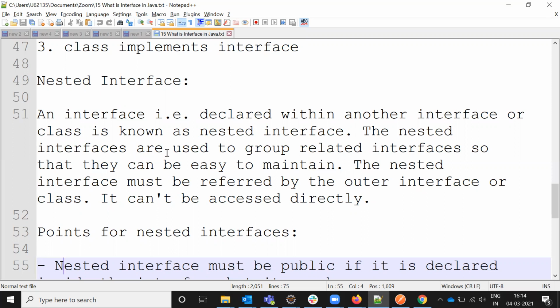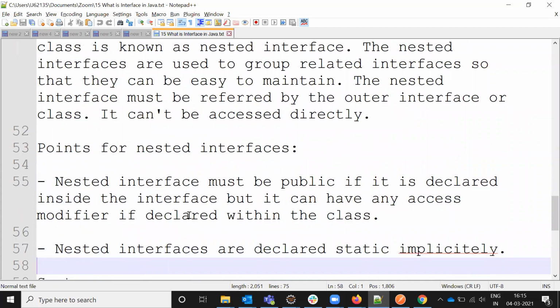These nested interfaces are used to group related interfaces so they are easy to maintain. The nested interfaces must be referred to by the outer interface or class. It cannot be accessed directly.